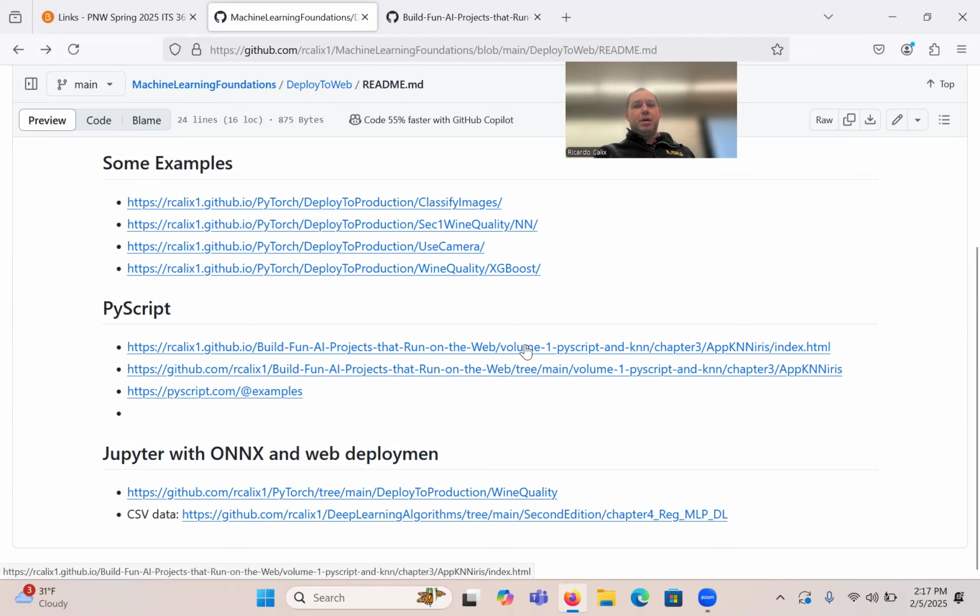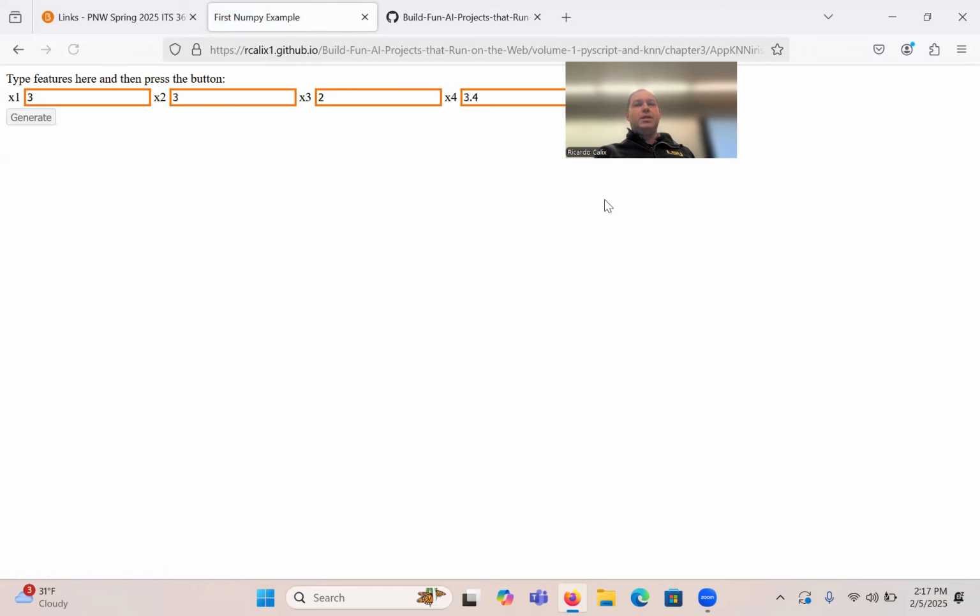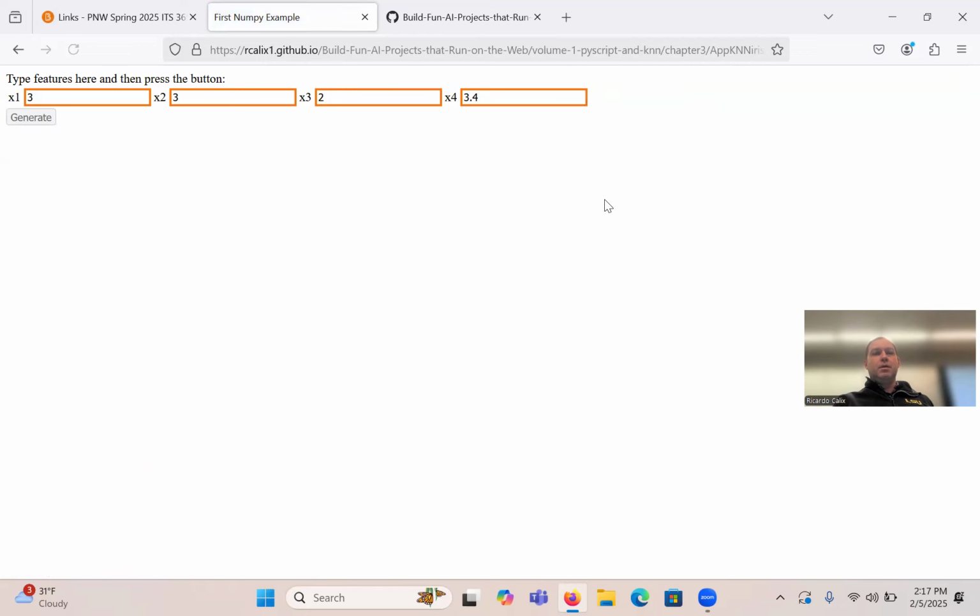So I'm going to click on this one here, and you can see here that there. So this is essentially the website. So you would create an HTML website, and nothing here changes. It's just your basic text boxes as you would do them, and